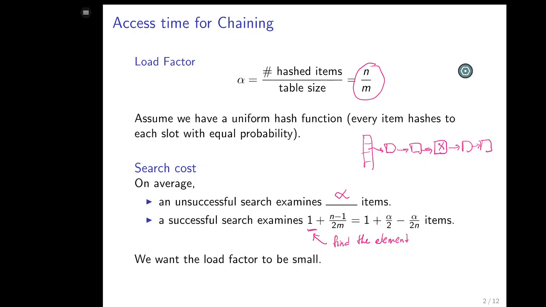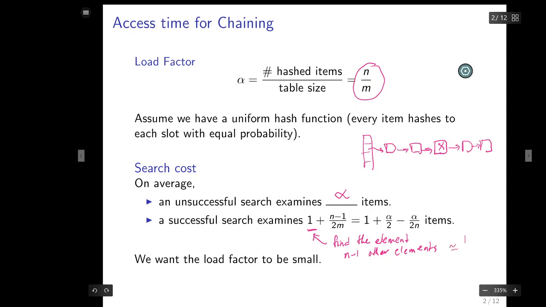But there are also n minus 1 other elements, and how many of those are in this same slot? Assuming a nicely spreading random hash function, I've got m slots, how many things could be in that slot? Yeah, n minus 1 other elements, and